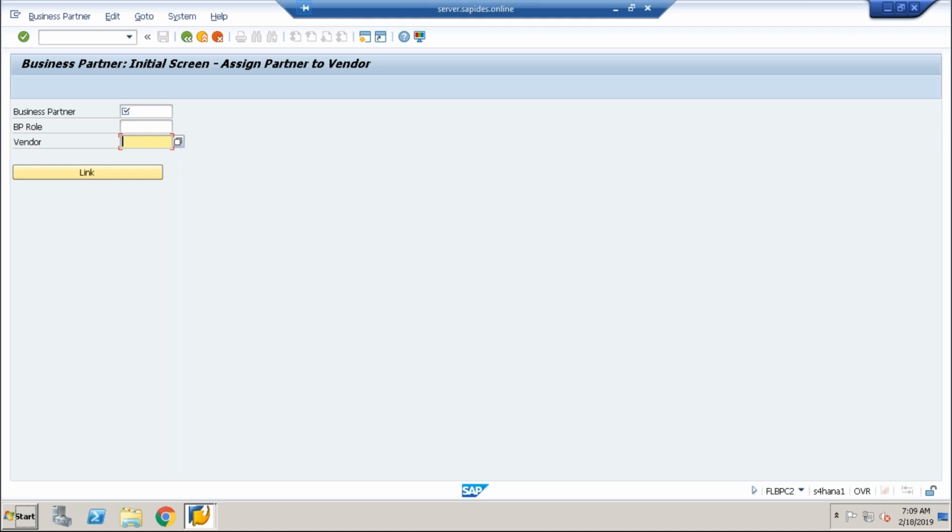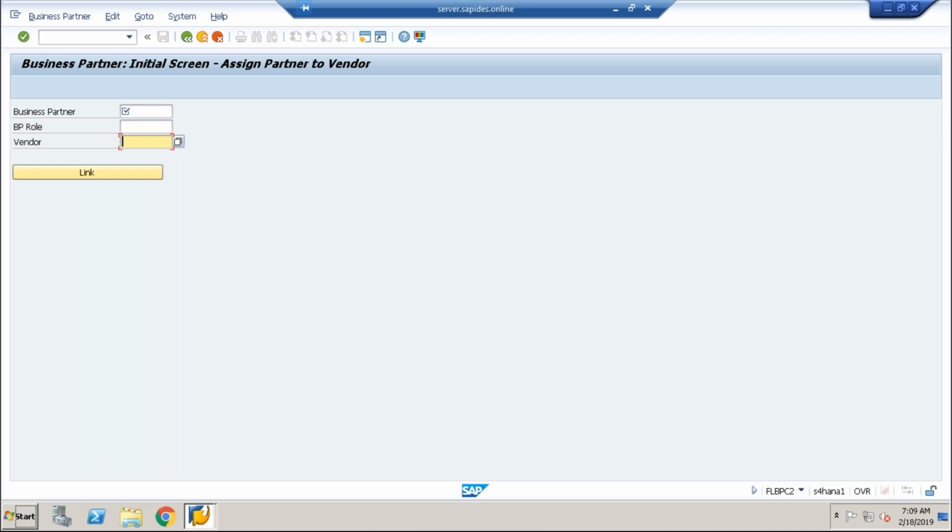So when you're talking about a new implementation, if someone is using some Oracle ERP, they'll be using specific customers. You can bring that customer here, but you cannot do it for all, because it's a tedious task. If you want to create a business partner for one or two customers, there is still an option in the system where individually one or two customers can be connected to a business partner, and the business partner can be linked to the customer through a business partner role.